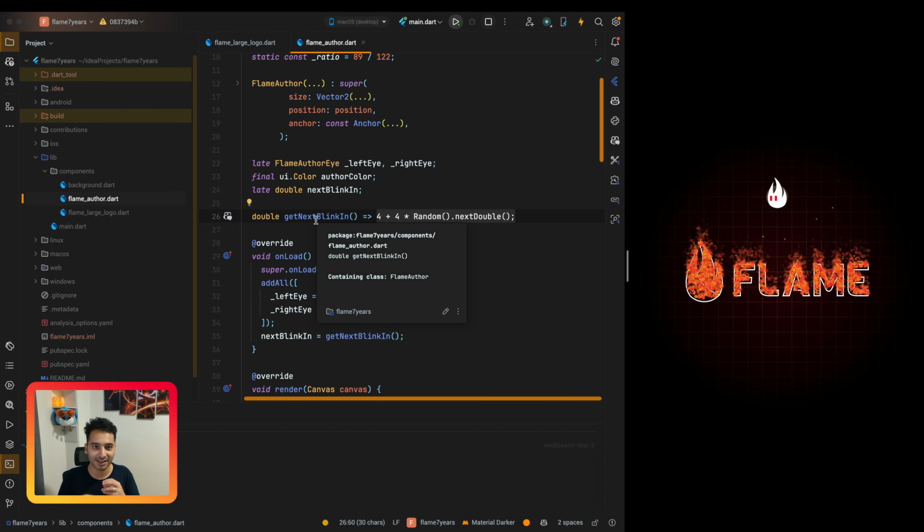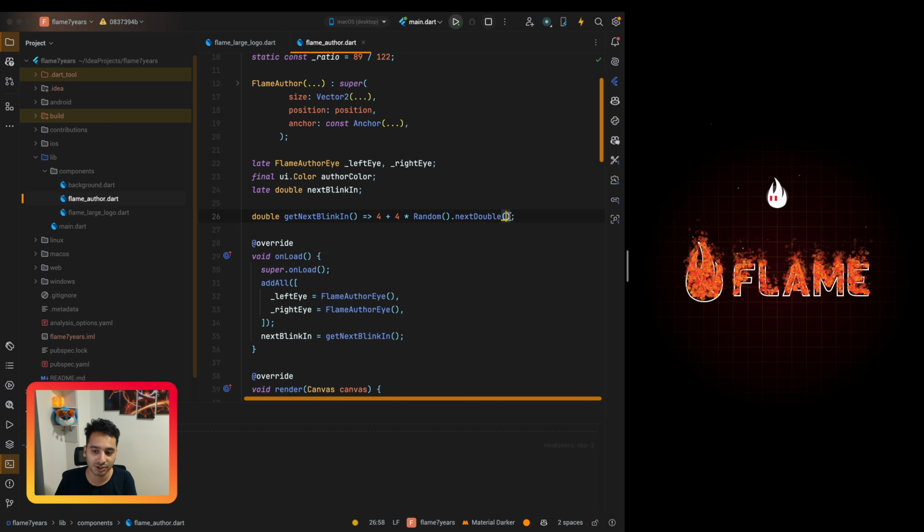When you add randomness to the animation, it feels more realistic than having a static number. For example, I could just have 4 here, and when you run the game, all the characters start blinking with each other every 4 seconds. It seems like a fake animation, but if you add the randomness, it feels more realistic, and that's why I added the randomness for the blink animation and also for the flame animation here.